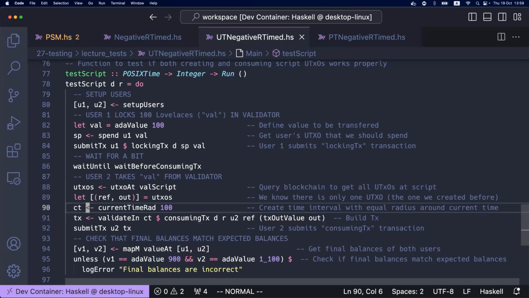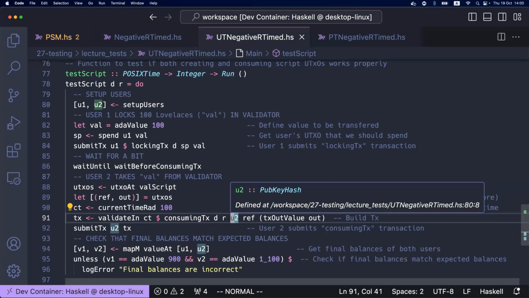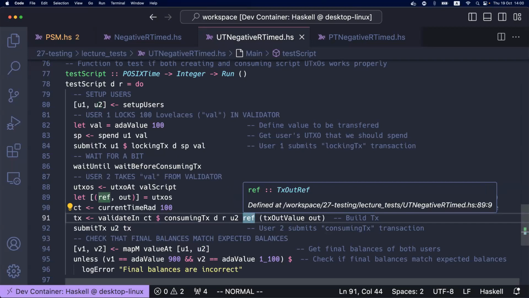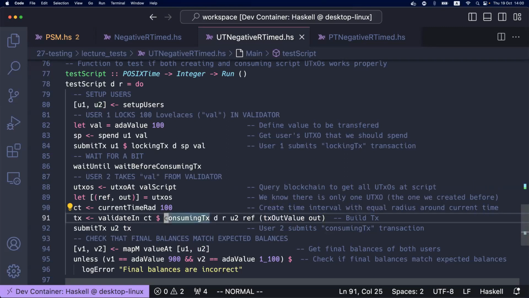So using everything we built so far, getting the reference and the UTXOs and the current time, we can create the consuming transaction right here. So we create the consuming transaction, we provide the datum, we provide the redeemer, the user that wants to get the money after the transaction, the reference of the output we want to unlock, and the value locked at the TX out value. So using those,